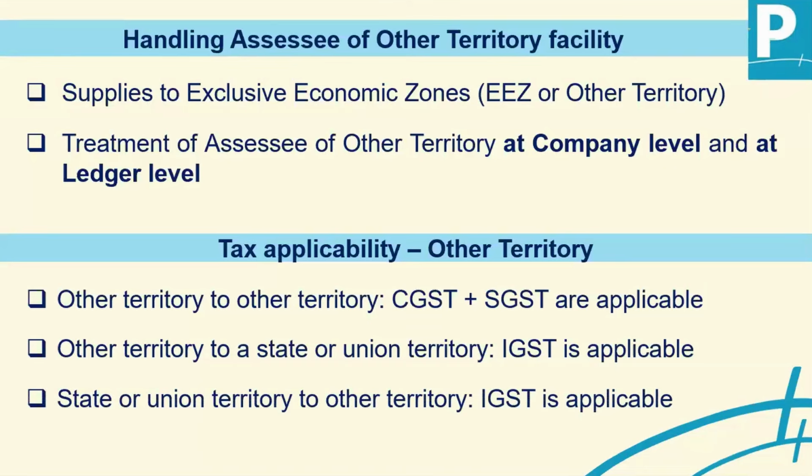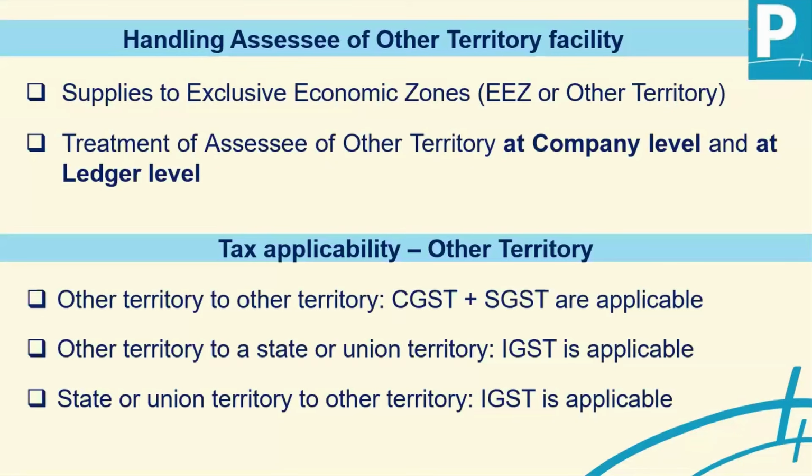So please create a company and mark it as an other territory company for the SEZ, mark this assessee of other territory as yes, then you will get these entries in the books. My point here is we have the special treatment of this assessee of other territory. One element is the special economic zone, exclusive economic zone. The other element is,